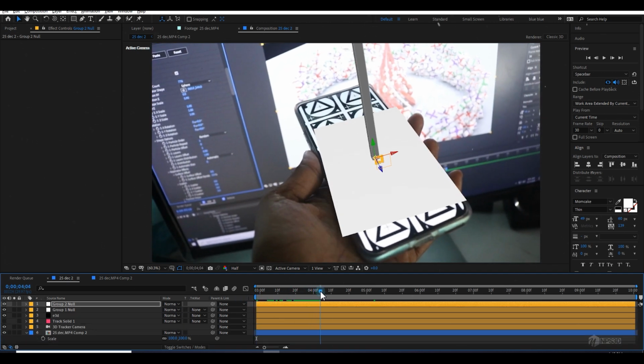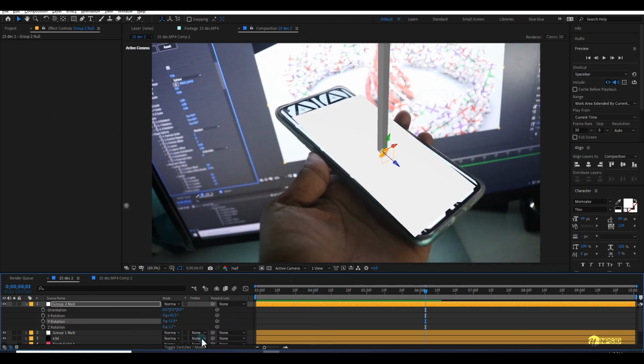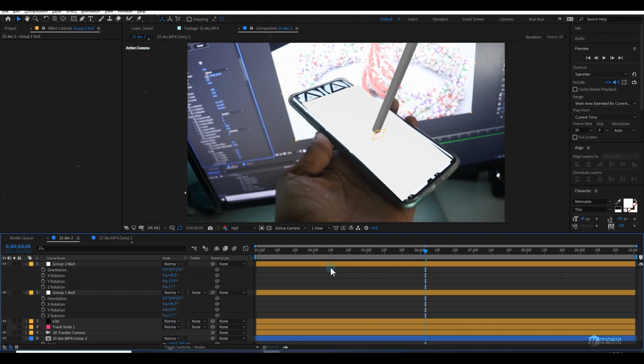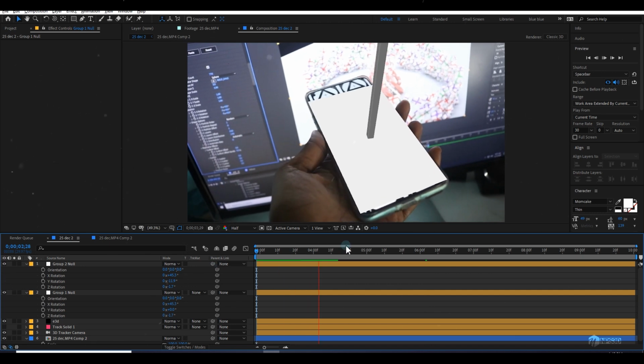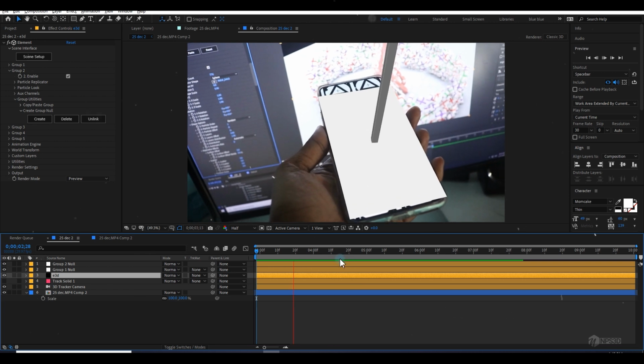This is not good, right? So let me adjust it a little more in a good way like this. Now I will copy the same rotation properties and I can just go to the group 1, press R. So I think this is good for now. You can see this is pretty good. This is how we do it.